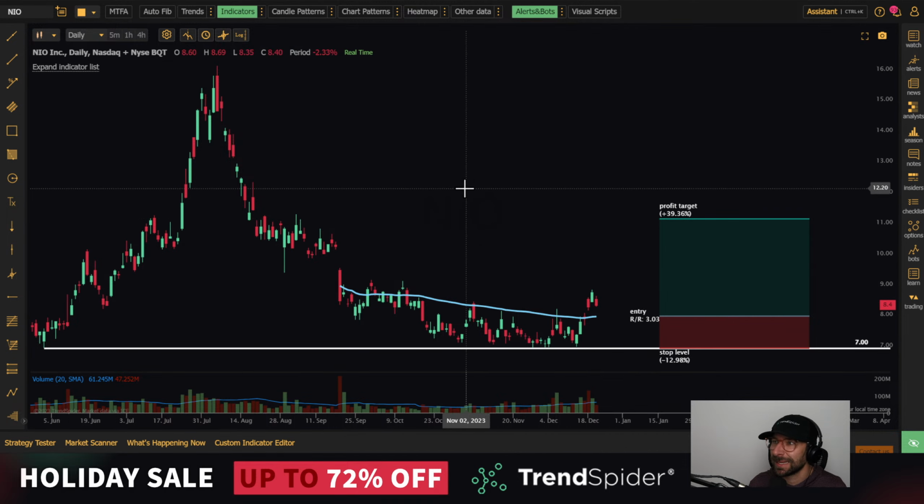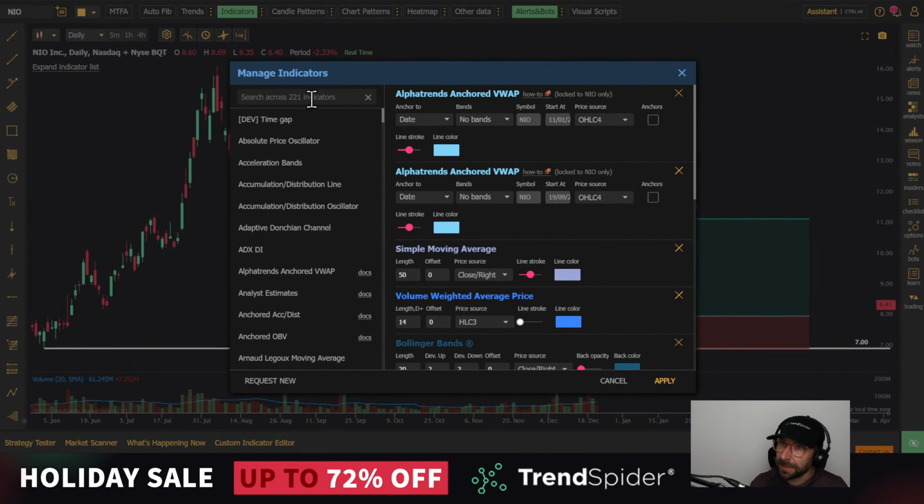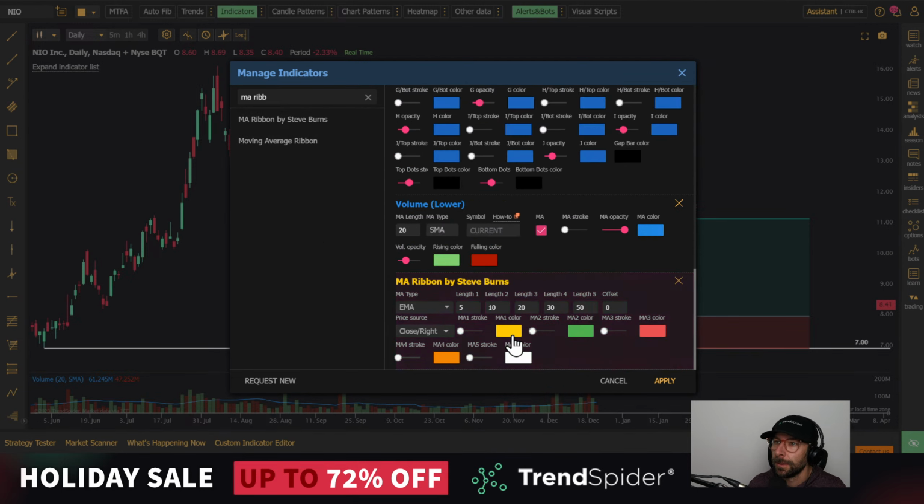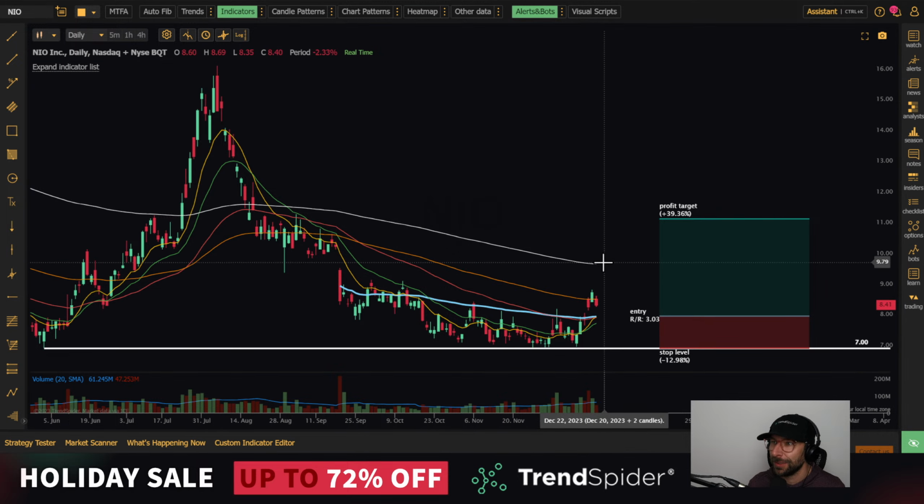What's at $11? Is there stuff that would stop you before it gets to $11? I'm certain there is. I'm going to throw up a moving average ribbon here. And I'm just going to make these lengths a little bit longer. Actually, make this 10, make this 20, make this 50, make this 100, and make this 200. What's there? So you're up and over the 10, the 20, the 50. You're struggling at the 100. You've got the 200 at